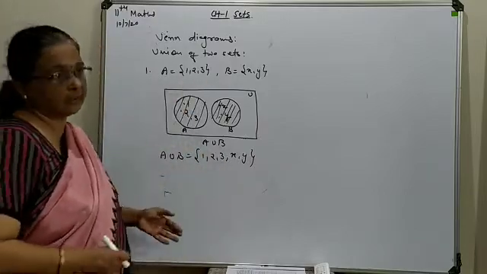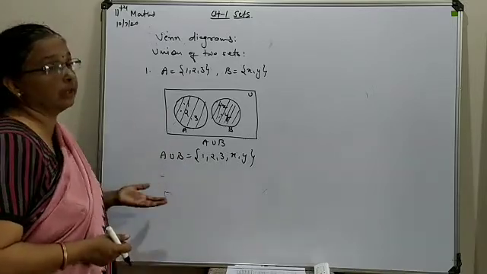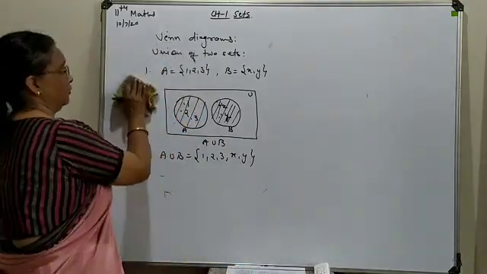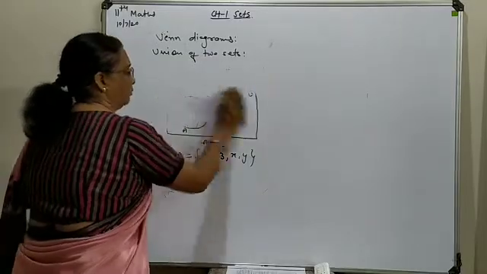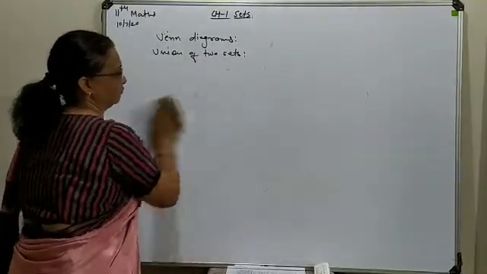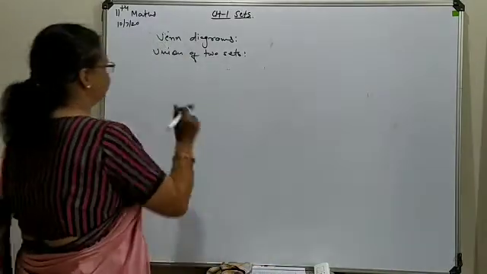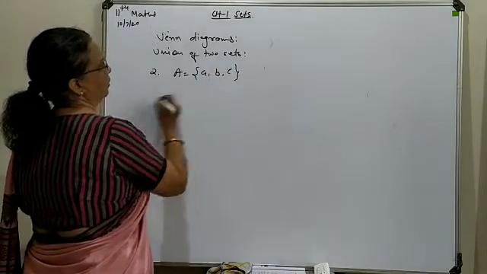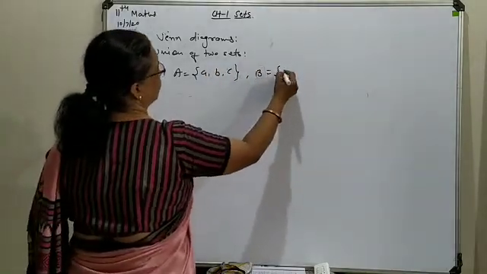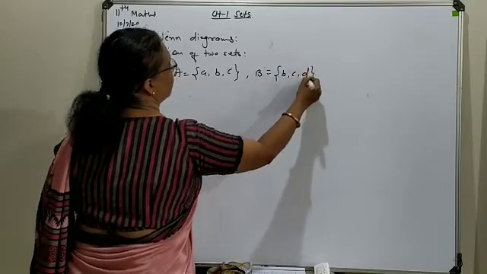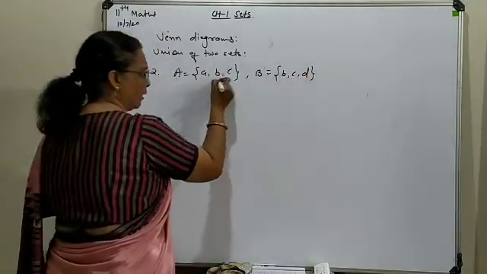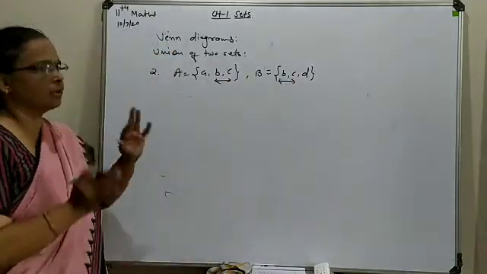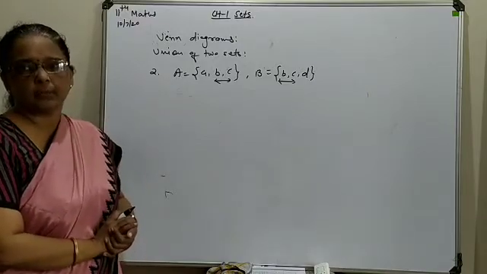Now, move to the next option in which we have some common elements. So, move towards the second category, for the union case only. Now, in the second category, one more set we have here: A is A, B, C and B is B, C and D. Here you can see these two elements are common in A and B, meaning we require a common section to represent in a Venn diagram.